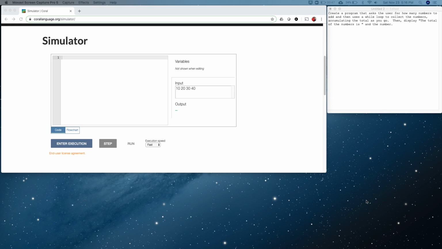The requirements are to create a program that asks the user for how many numbers to add, and then it uses a while loop to collect the numbers, accumulating the total as you go. Then, the requirements are to display "the total of the numbers is" and then the total. So, with that in mind, let's think about